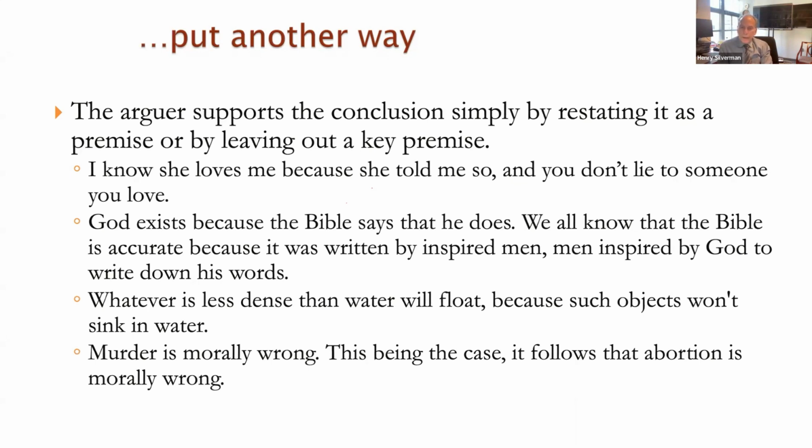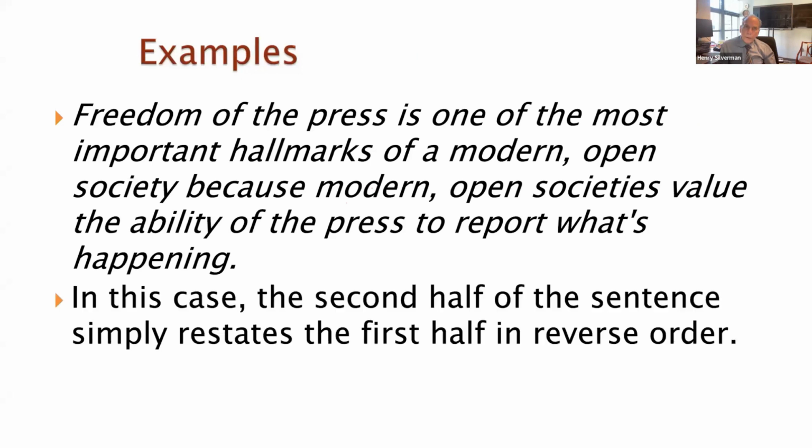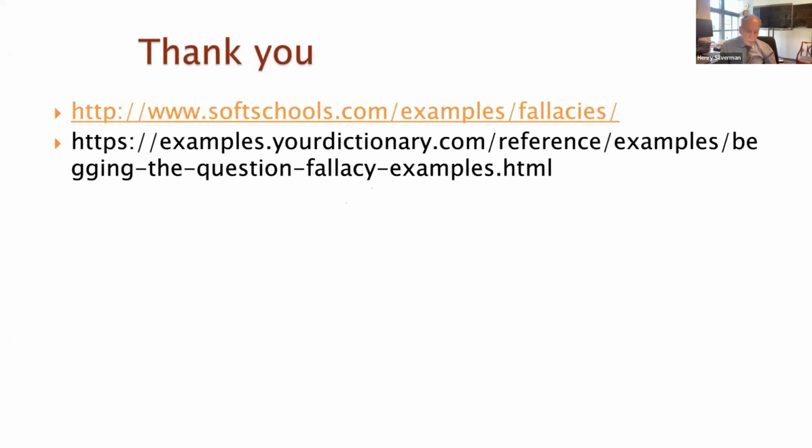And the premise that's being left out is that abortion is murder, but as I explained before, you have to state more premises in order to have a good argument. So let me, well, let's take